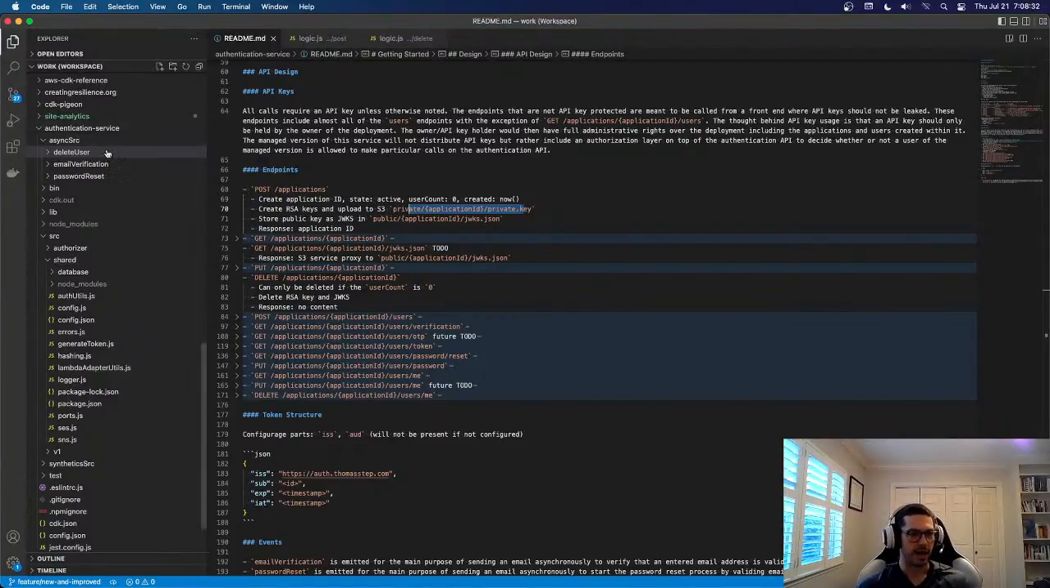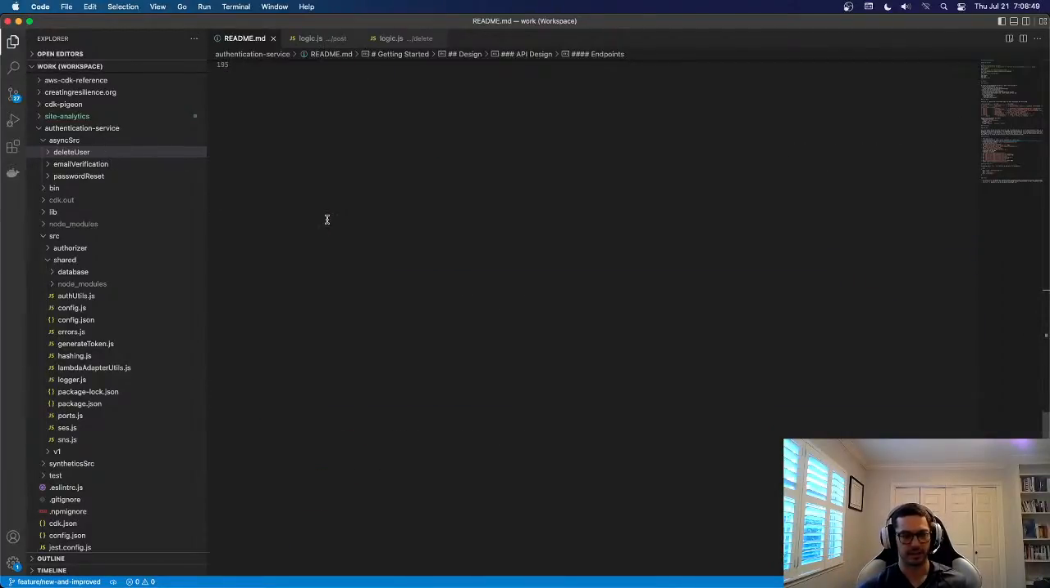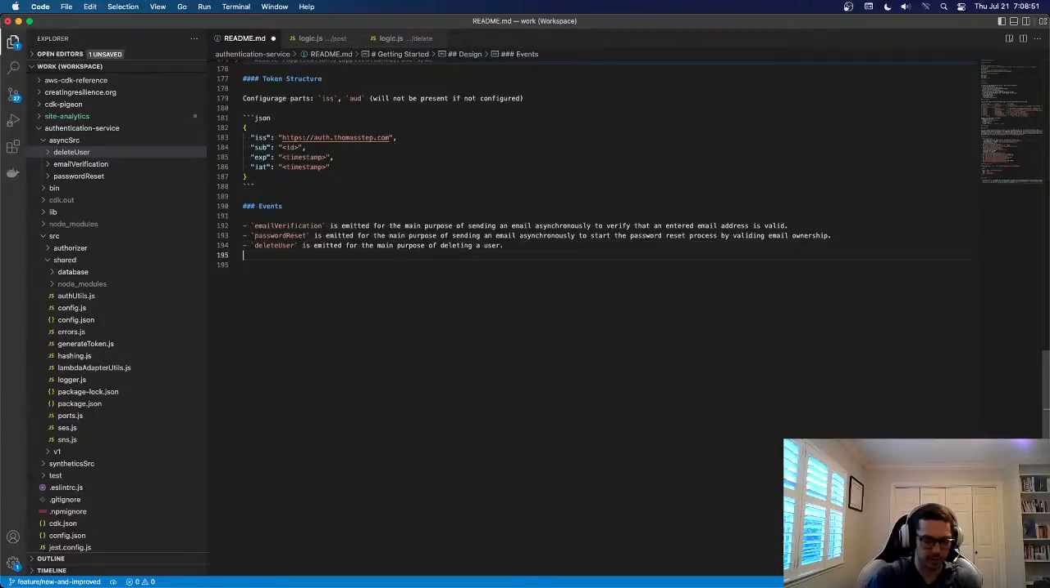So I think what I'm going to do is, similar to this delete user event, I'm going to have a create application and delete application async, or rather event. So let's go ahead and add these here. We're going to have a create application, or maybe